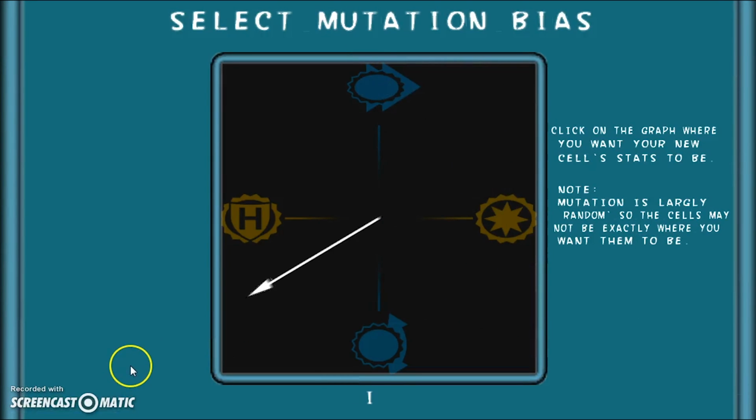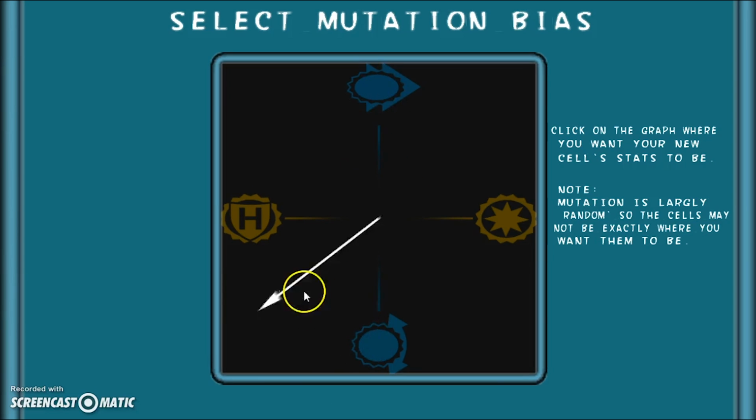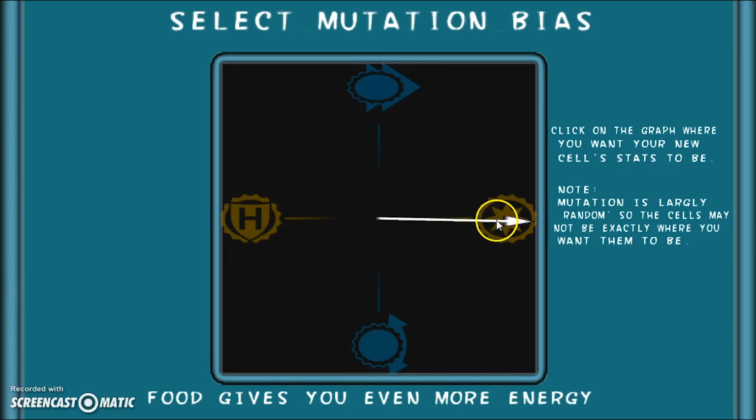Any changes that happen in asexual reproduction are largely random, so we give the players some ability to bias mutation, but they have very little control. Now, to explain what they have control of, let's talk about these traits. Tetrahymena in Cellvival have 4 traits: move speed, maneuverability, hazard resistance, or how much environmental toxins affect you, and metabolism, or how much energy you get